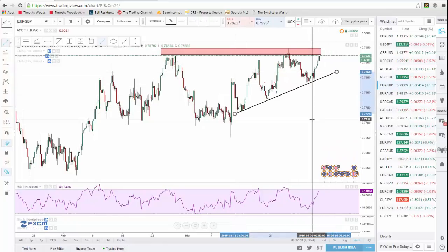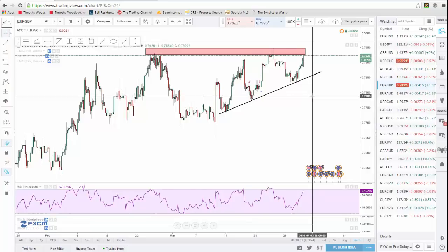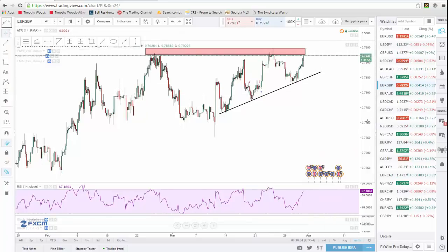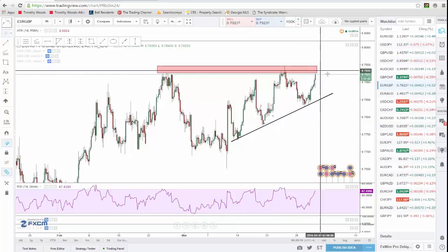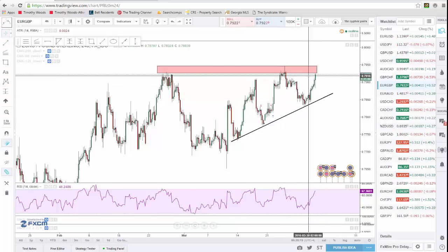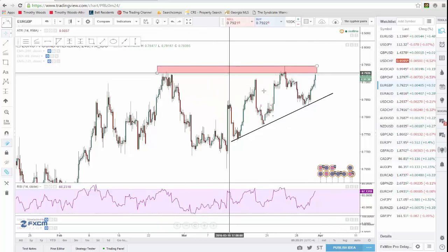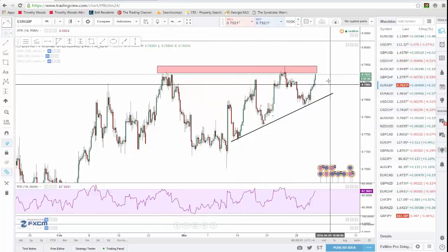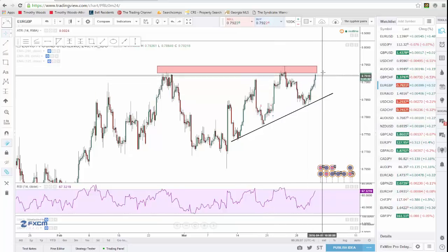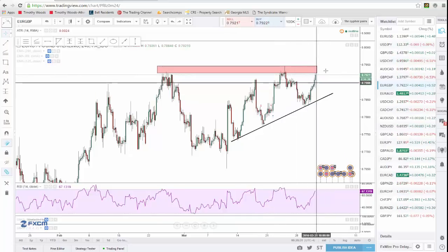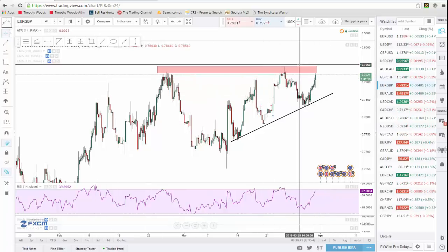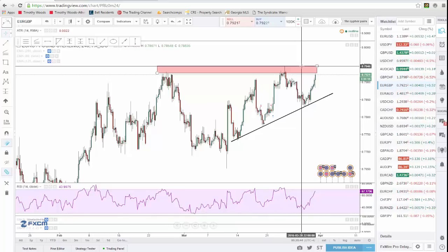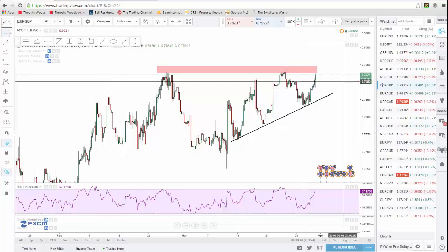As you can see, we've been putting in higher lows on this 4-hour time frame. So I would expect price to continue higher unless price action gives me a reason to think that it's not going to continue higher, like maybe a double top, and I may even have to see a break at the neckline in order to be interested in a trading opportunity here at this level. But a double top, break at the neckline, anything of that nature to kind of show me that price action wants to reverse in this area would be the only way I'd be interested in a trading opportunity here. Not really a great trading opportunity, but good enough if you have the right entry reason.